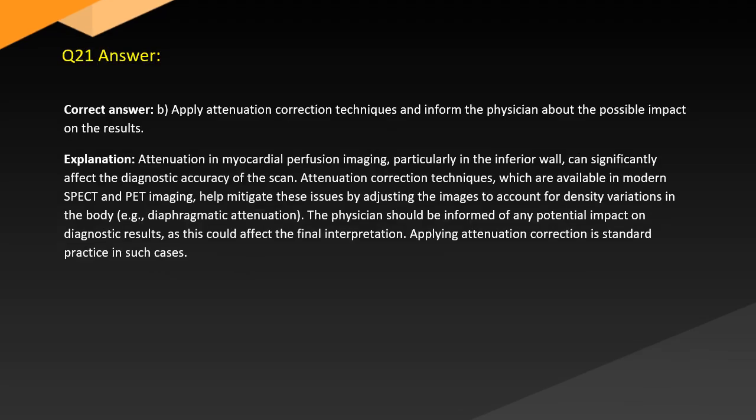Answer. Correct answer: B. Apply attenuation correction techniques and inform the physician about the possible impact on the results. Explanation. Attenuation in myocardial perfusion imaging, particularly in the inferior wall, can significantly affect the diagnostic accuracy of the scan. Attenuation correction techniques, which are available in modern SPECT and PET imaging, help mitigate these issues by adjusting the images